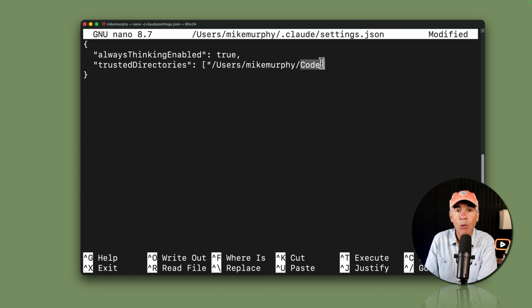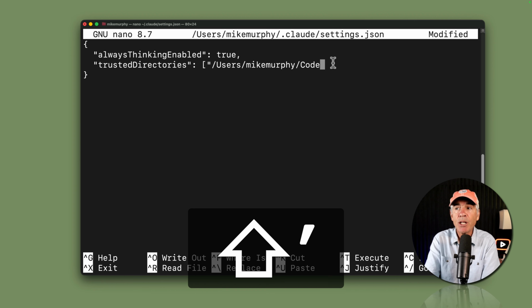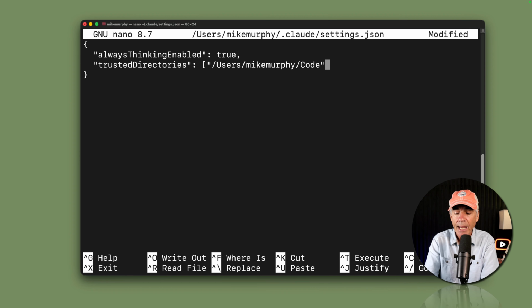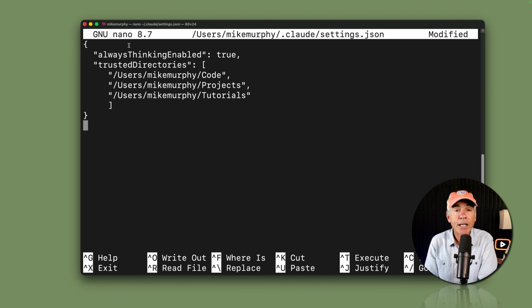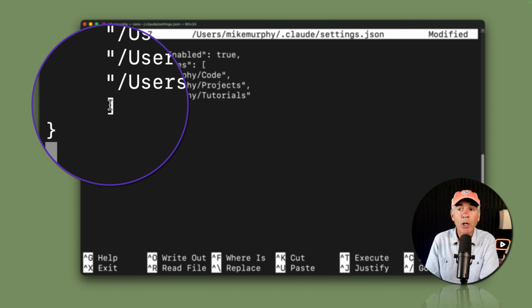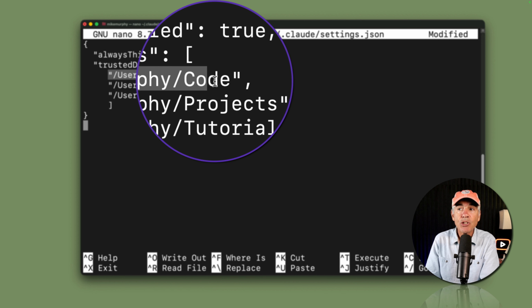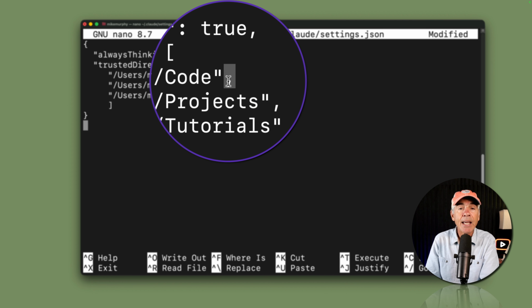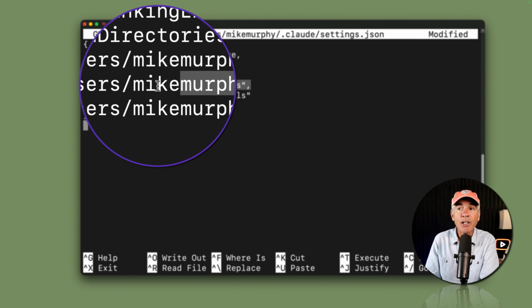directory called code. I'm going to close it out by putting double quotation marks, and then I'm going to end it by putting a square bracket at the end. If you want to add additional folders to your list of trusted directories, well, you'll just open up the Settings.json file, go to your list of trusted directories. You're going to stay within the square brackets. After each trusted directory, you just add a comma at the end, and then you enter in the path to